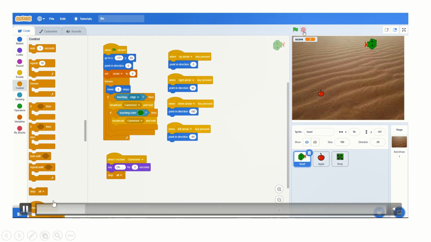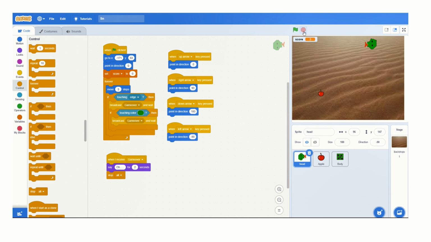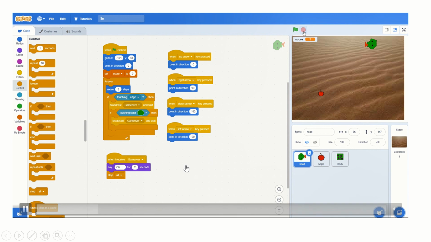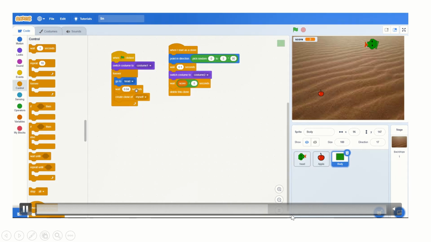The moment I click it, the snake has to move around and it has to swallow the apple, I mean consume the apple. And the moment it is consumed, it has to grow further, and if it is hitting the wall, it is gone. That's it. That's what we are trying to see. I'll show you the demo. Since I've explained the code, it's time for me to go with the demo. Let me quickly scroll through so that you can see the demo.